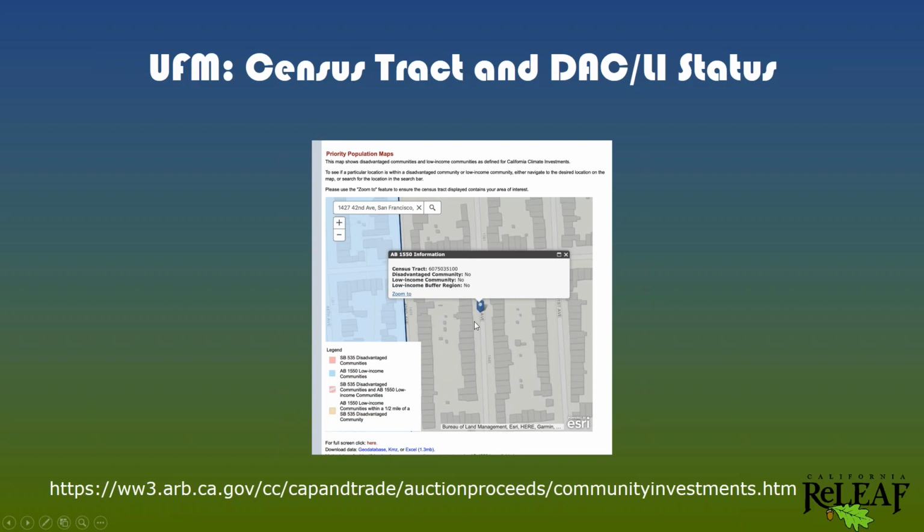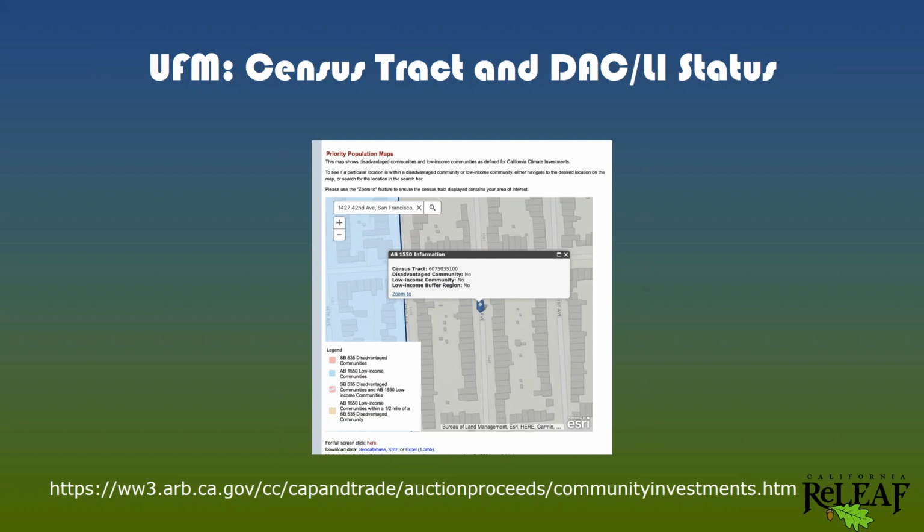And then a dot will appear at that address, and you click on the dot and this little pop-up window opens, and it tells you the census tract, which you can cut and paste. And then it tells you whether it's a disadvantaged community or a low-income community. Basically, it tells you everything that you need to know, except one thing, and that is one of the options for DAC LI status in this grant is within a half a mile of an area that is both DAC and LI. So in order to figure that out, you just need to zoom your map out a little bit,